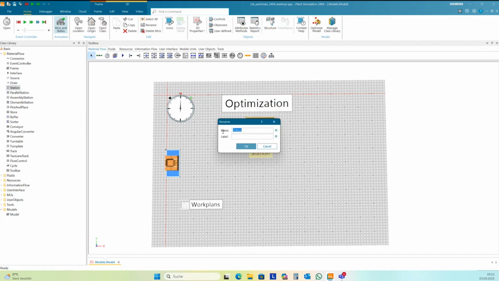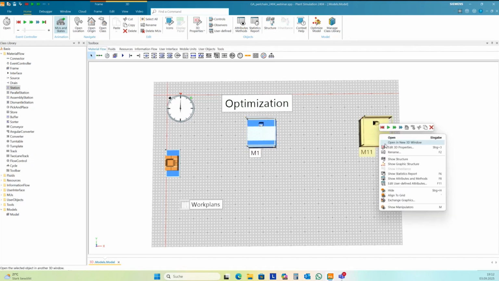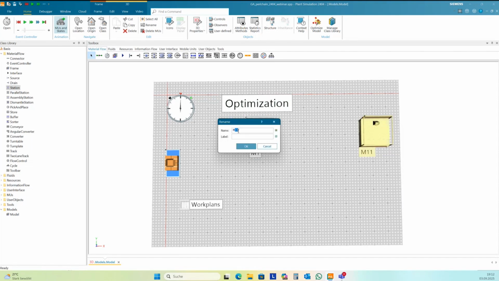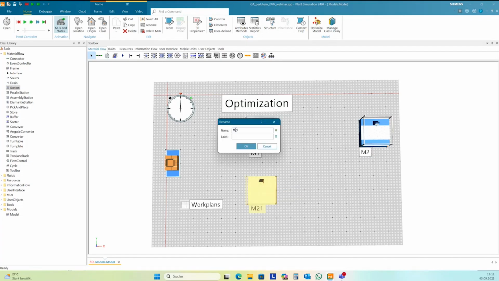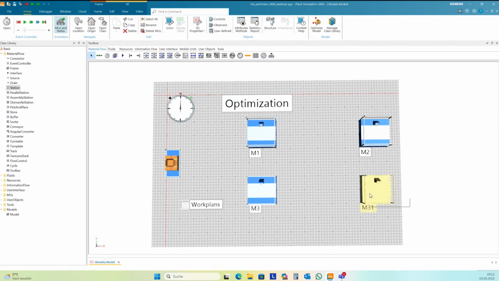This should be M1. M4. Of course, I need a train at the end.